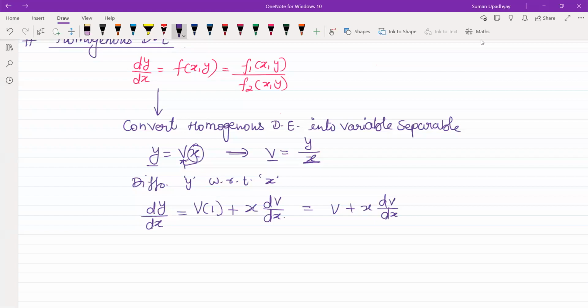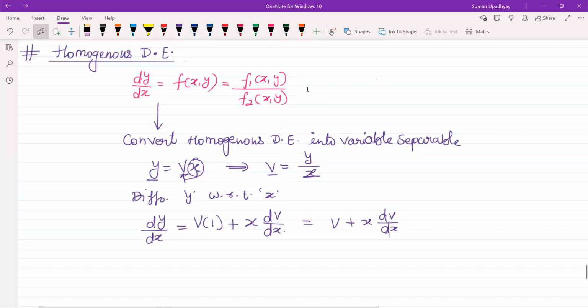So in today's lecture, as I told you all, we will be discussing how to solve the homogeneous differential equation. What did I tell you? When it is not possible for you all to separate variables, like keeping one variable on one side and another variable on the other side, then go for the second method. The second method is what? Homogeneous differential equation.